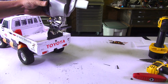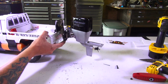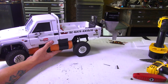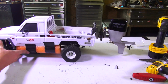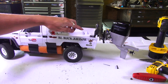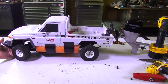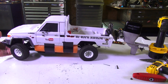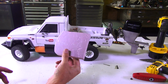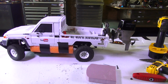Man, that is ludicrously high in the air, and a ludicrously large motor for the back of the Toybota. Check it out. This is Jeremy Clarkson worthy. You can see the weight now on the back, hence why I had it supported against the back tailgate. But now you'll see with the weight of the motor on the back, I'm sure we're going to see the front of this truck lift. And I will have to change almost everything. In fact, I bet you we still have to use a foam block underneath here